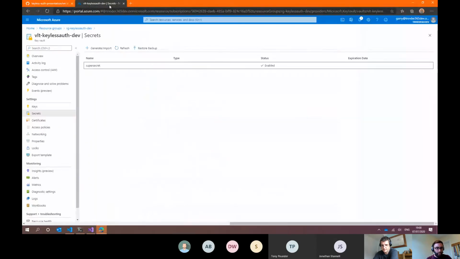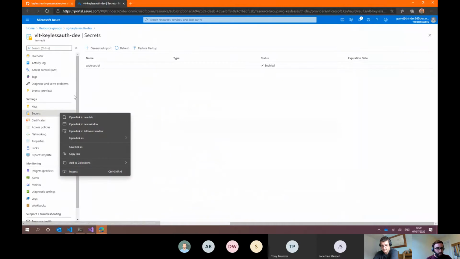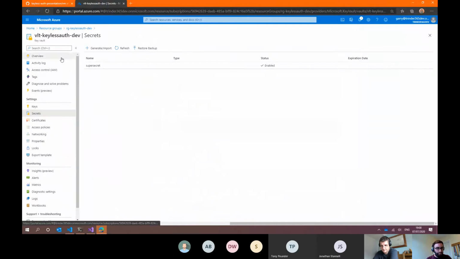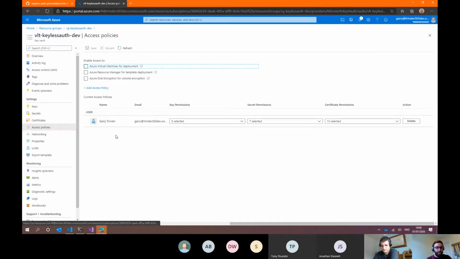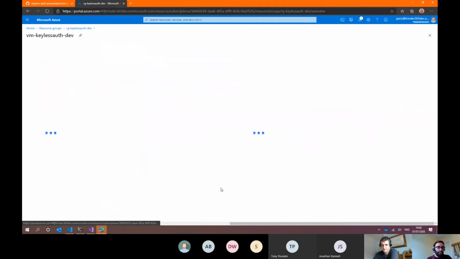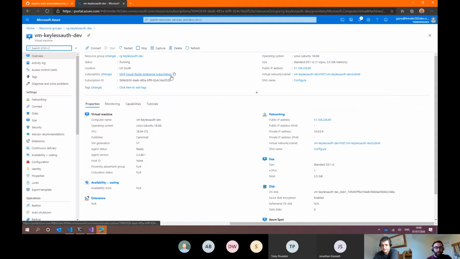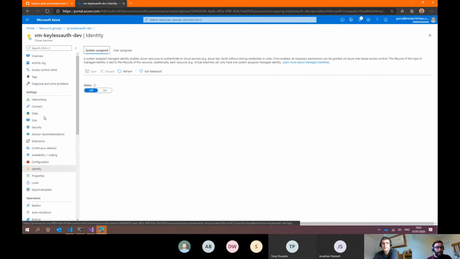And flip to there. So you will see on most of the Azure resources that support Azure Managed Identity, there'll be an identity section under settings. Key Vault is slightly different. It's called access policies instead. But essentially what we want to do is, sorry, I've gone the wrong way. I've skipped a bit, skip back. So I've got my virtual machine,